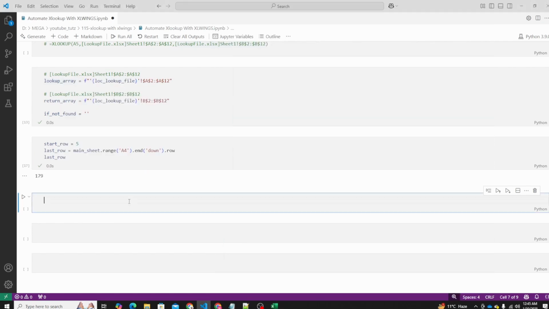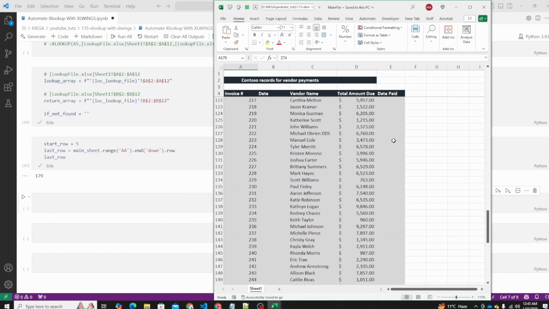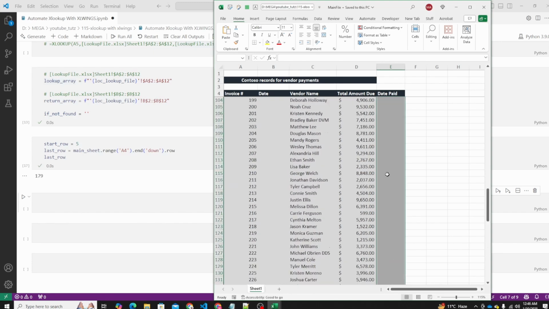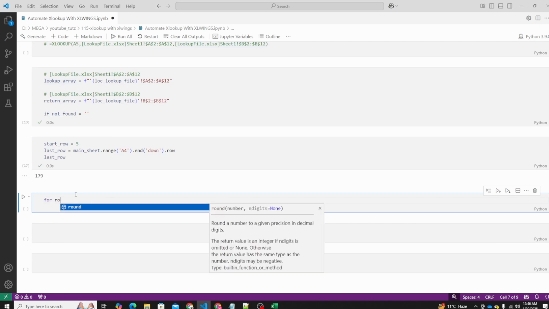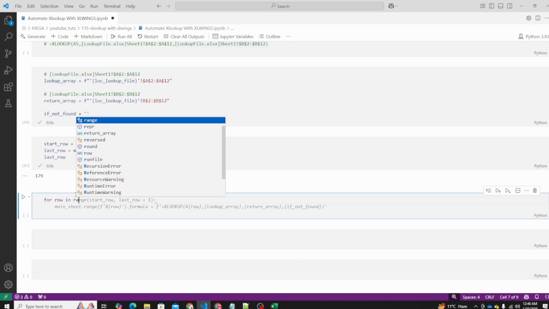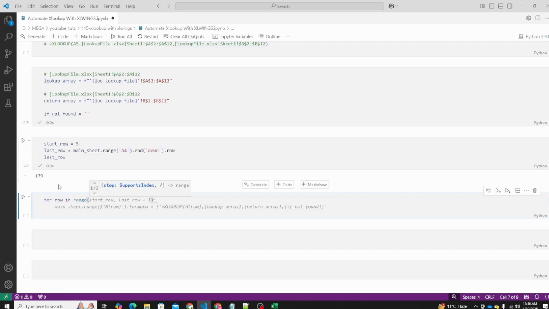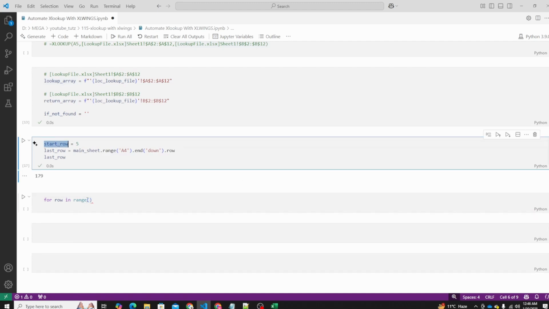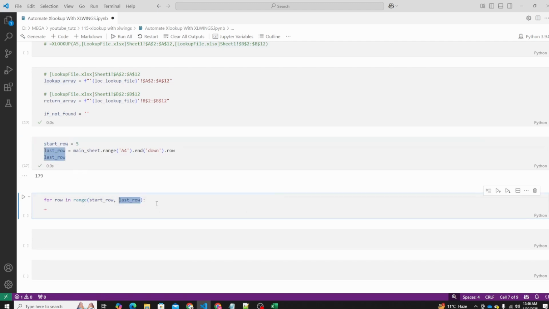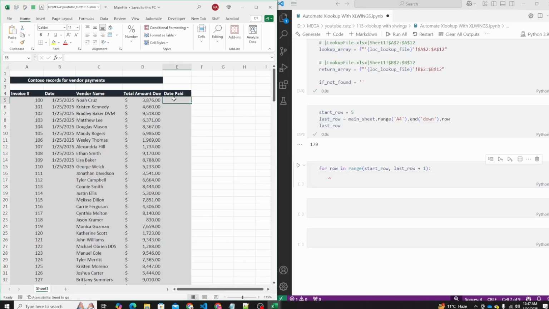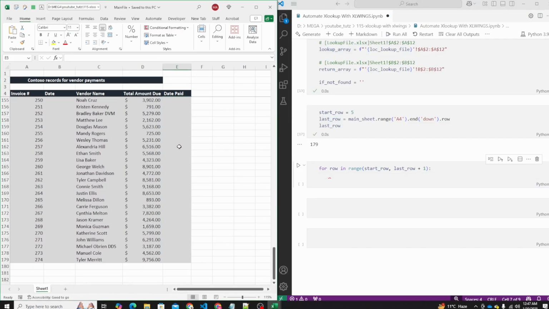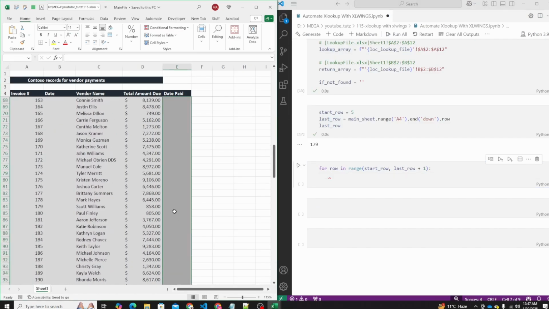Great. Now we can start working on our for loop that will loop through row 5 up till row number 179 and paste the formula till the end. So we say for row in range, and for range we will say start and stop. For our starting row we will say start_row. For the ending portion we will say last_row plus 1. It's going to loop basically from row 5 till row number 179 one by one, pasting the formula in each